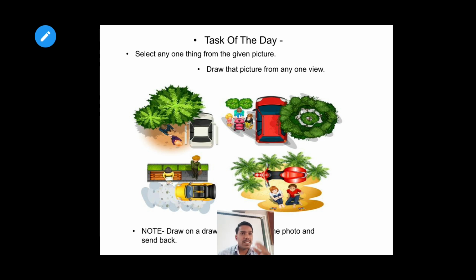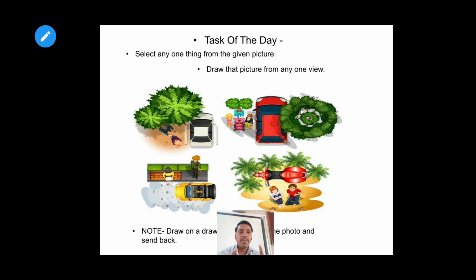Means suppose I select a car, I will draw it from a different view that can be side view, front view, back view, any view. So you have to draw the things in a different view and you have to send the photos to me immediately. Okay, so here I give you this task for today.